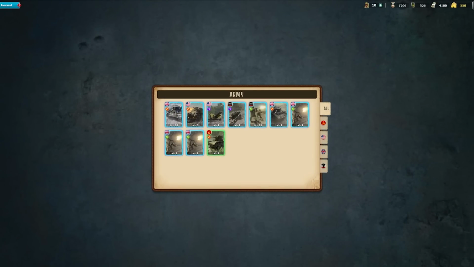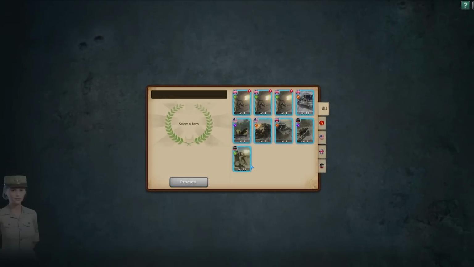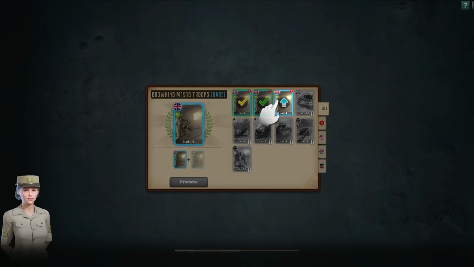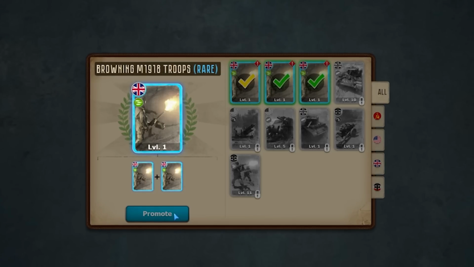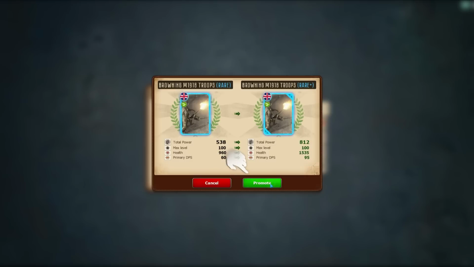I feel like I just need more. I need more things. What's the academy? Hello there. Today we're going to send our soldiers to school. Hopefully they will learn to be multilingual. Oh, you combine multiples of the same units and you can promote them. Excellent. Promote. Which gets them to...